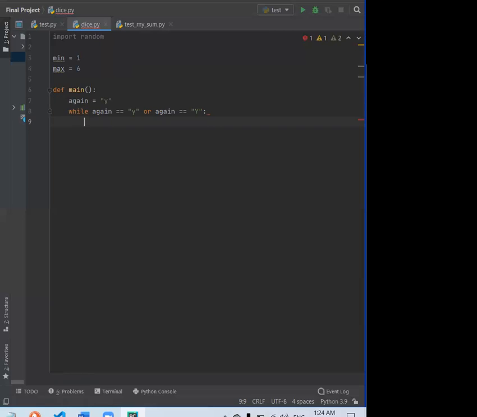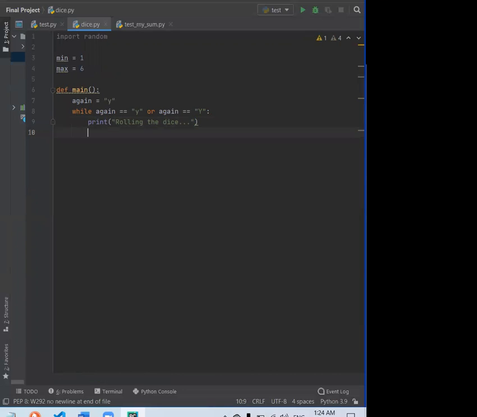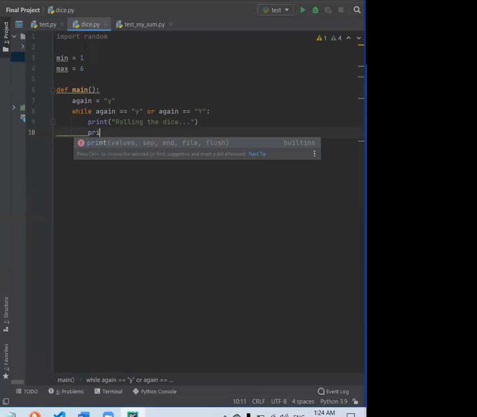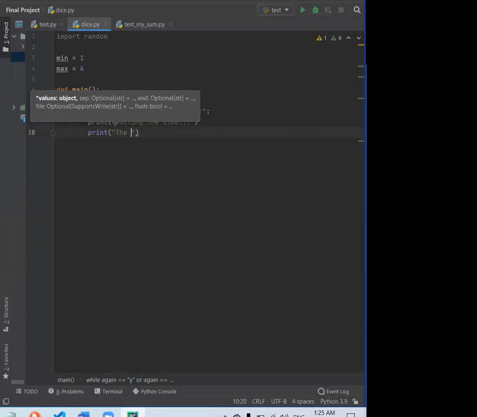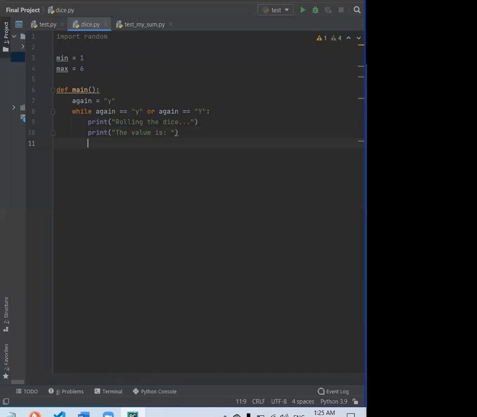then the code will print "rolling the dice 1 2 3", and we're going to close the parentheses and we're going to write what is the value. Print "the value is: ", and print